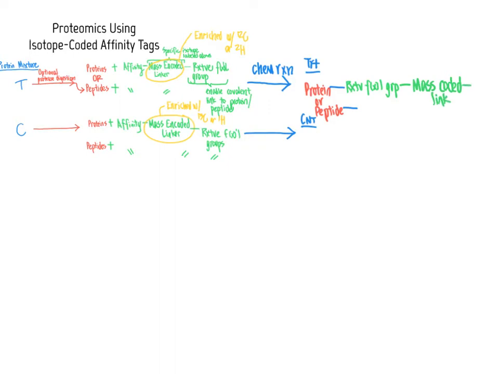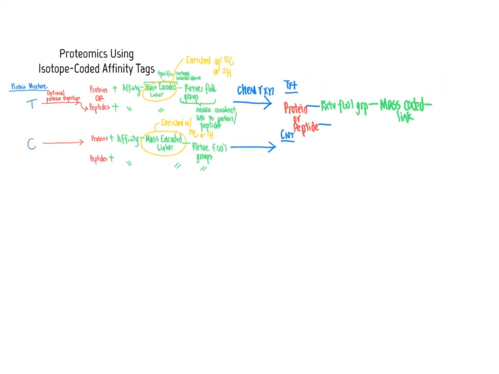And then that is linked to the so-called affinity tag, which will facilitate us later on in purifying, separating these tagged proteins from ones that are not tagged or from other biomolecules within the cell. Same thing for the peptide mixture. It's going to form a covalent link via specific reactive functional group of the tag so that it's linked to the protein. And then for the control, same situation here where we're going to have a covalent link between the